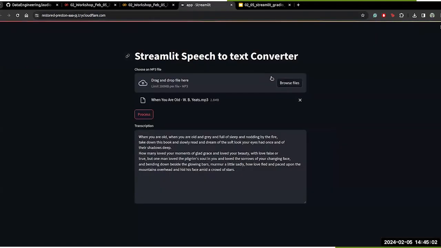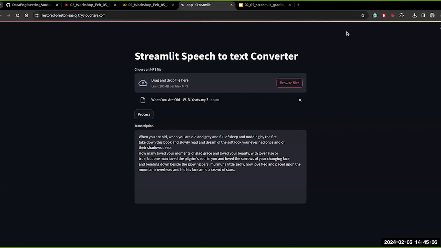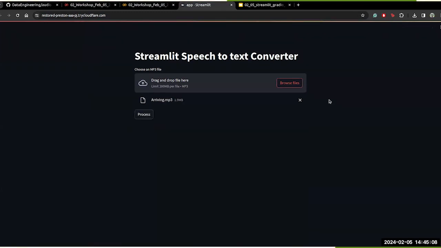So let's go, and this is the sound example. Probably you think that instead of just reading the text, it's probably easy, but this model is good enough that it can also detect text out of songs, like the lyrics of this small part of a very long song. And then if I click on process,